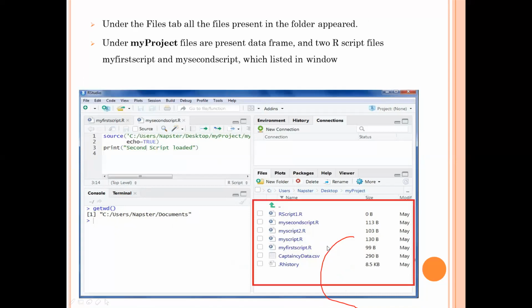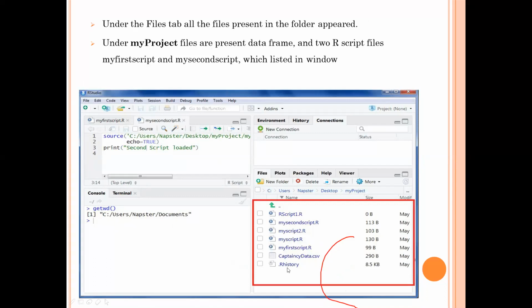All the project files will show over here. If you are saving a data frame, it will also show over here, such as a data frame saved as a .csv file.